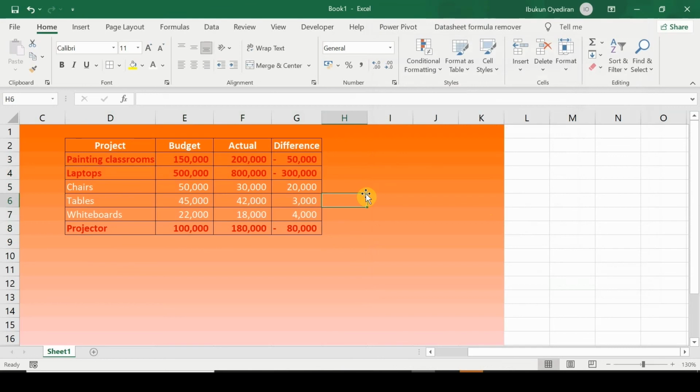So in this case now, we can see the project and we can see the difference. We can see the budgeted amount, we can see the actual amount. Unlike the previous way of applying conditional formatting, whereby for a big project, we'll see the difference, but we have to go back to the beginning of where our data set starts from to check which project was actually less budgeted for.